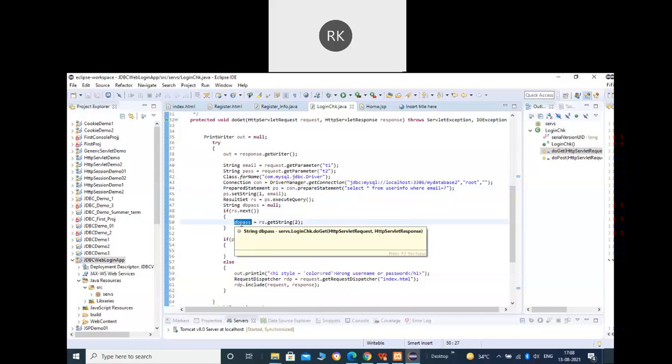So let's suppose in place of email we are asking for username. You can see we can have several users with a particular name. Let's suppose admin. So several users can have the admin name. In that case, what will happen? When we write select star from user info where name equals admin, let's suppose there are four records having the name admin. Then we'll be getting four rows. And when we try to access the password, we will be confused about which of these four persons' password we require. So in that case, we are not going to get the correct password here.